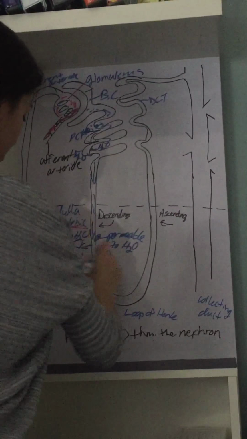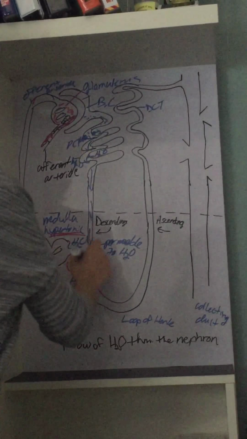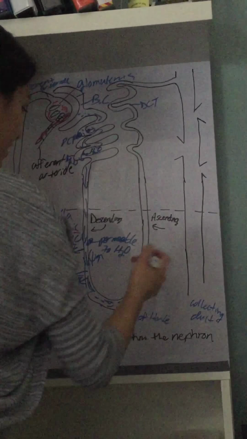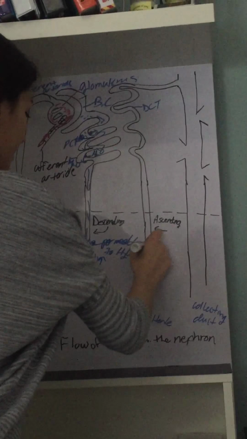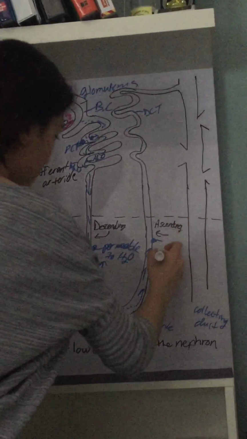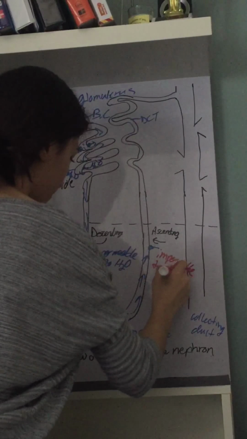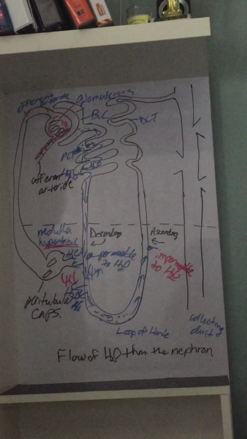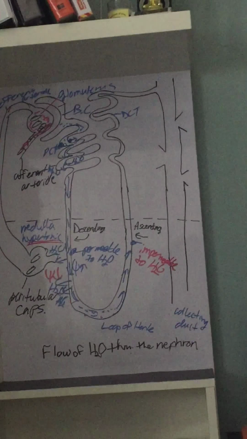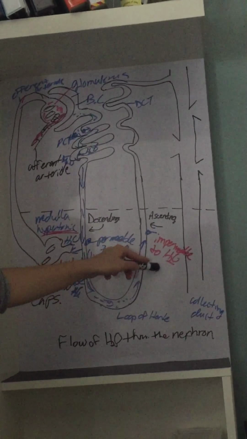You also have some solutes going in, such as sodium and chlorine ions. Then as the filtrate goes down the loop of Henle, some solutes are going to build up here. Then it's going to go through the ascending loop of Henle. And here, this is impermeable to water. So water cannot diffuse in or diffuse out of the ascending loop of Henle. What does get actively transported, though, are the sodium ions and the chlorine ions, which make the medulla hypertonic. So because of that active transport, you have